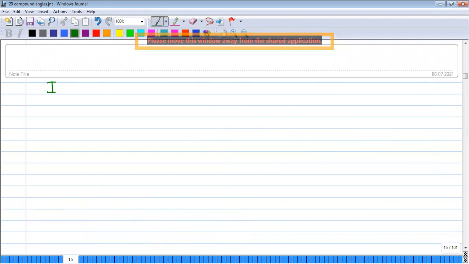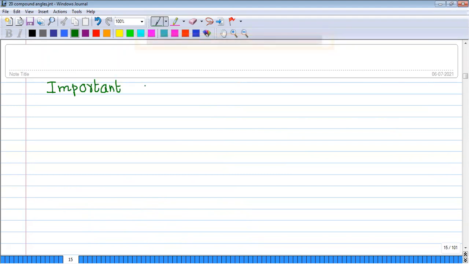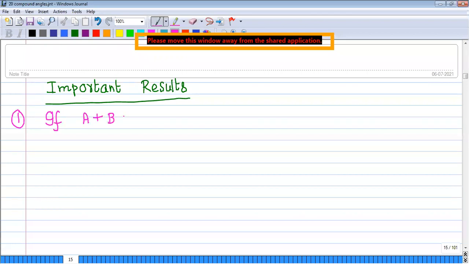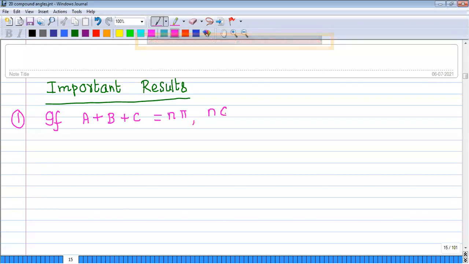So now, important results. In that first one, if A plus B plus C is equal to n pi, that means integral multiples of pi, where n belongs to integers, then...